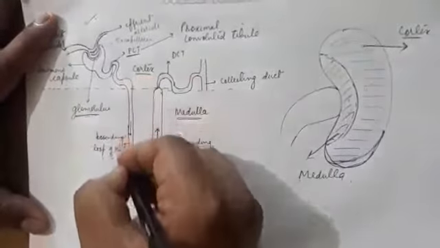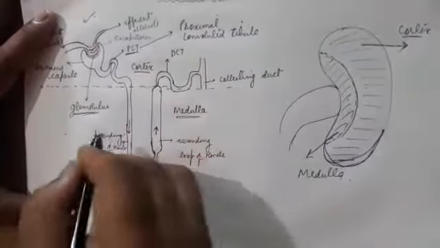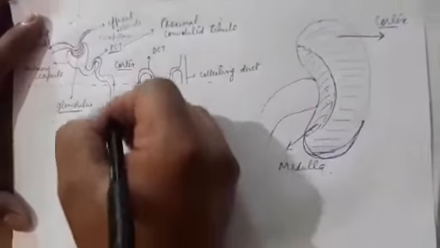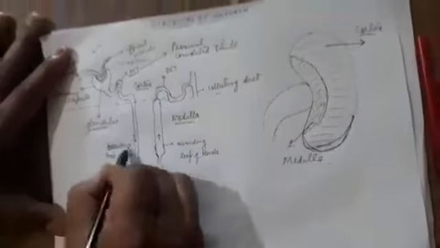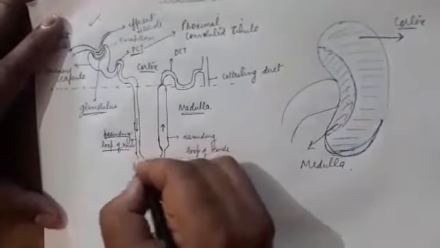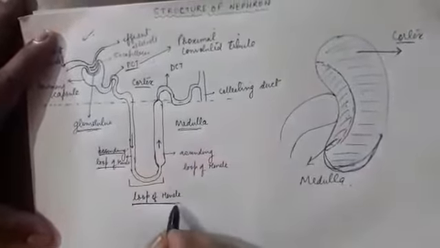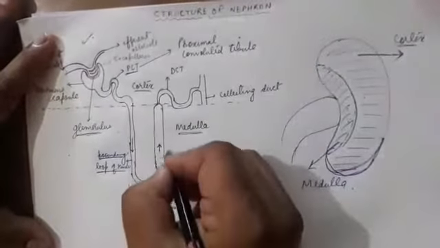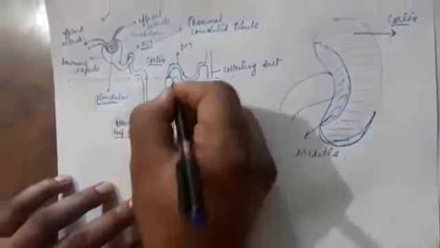It comes down into the medulla region, and this arm which is coming down is called the descending loop of Henle. When it comes down, it forms a U-shaped structure. This is loop of Henle. When this loop of Henle moves up, that means it is the ascending loop of Henle. It is moving up, it's ascending. This is descending. This is ascending. I have drawn the arrows. You can see this is the descending loop. This is the ascending loop.